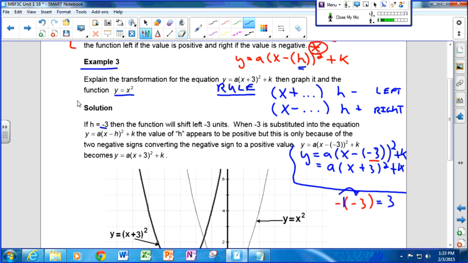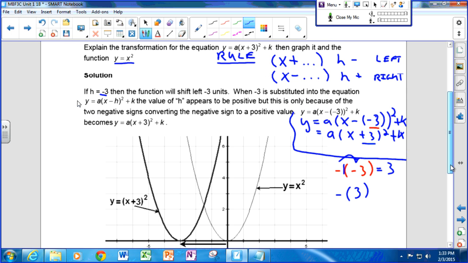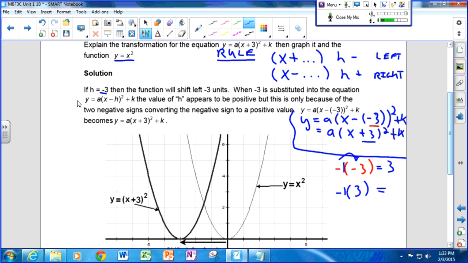And that's why if you see a plus sign in those brackets, it always means that the h value is negative. Okay. Because if the h value is positive, then it would just be substituted in there, and the negative sign would just be there, right? So for example, if I put positive 3 in there instead, we still have negative 1 times positive 3, but remember that when you multiply two signed numbers together, if the signs are different, then the answer is going to be negative. So negative 1 times positive 3 is negative 3. So we would then be writing x minus 3 instead.